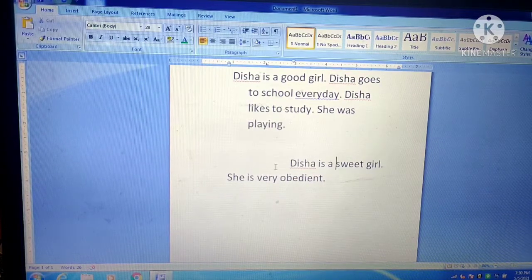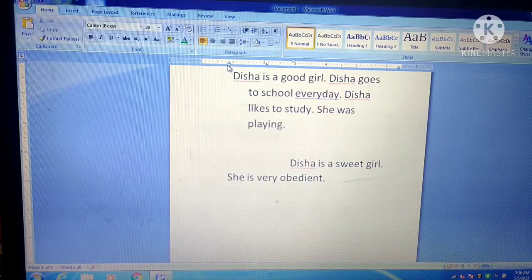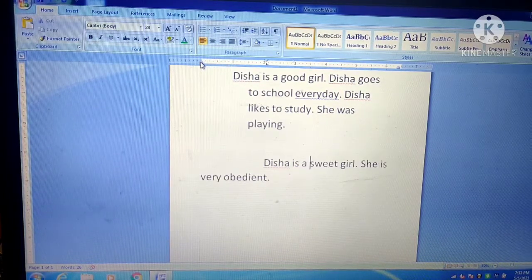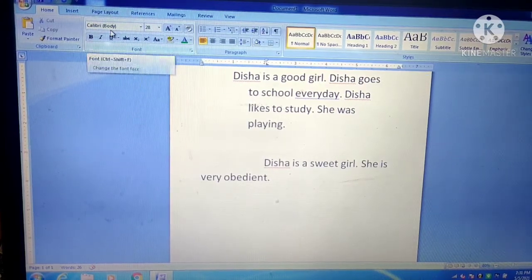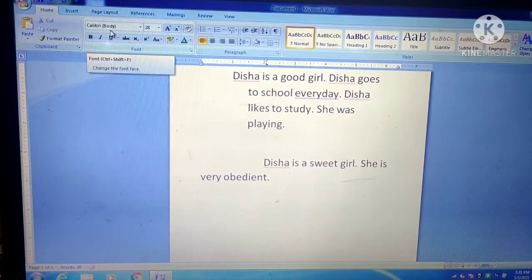This line moved to here. So this is the hanging indent. You can quickly set an indent with the help of this. I hope it is clear to you what is indentation and how to set different indentations for different paragraphs.